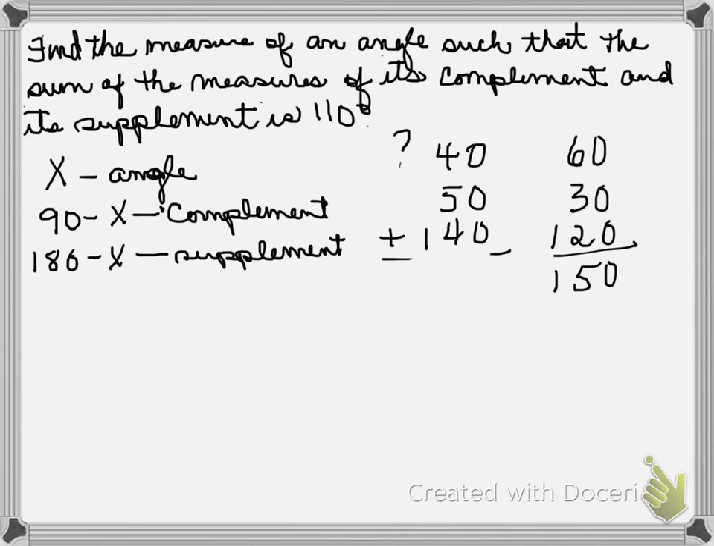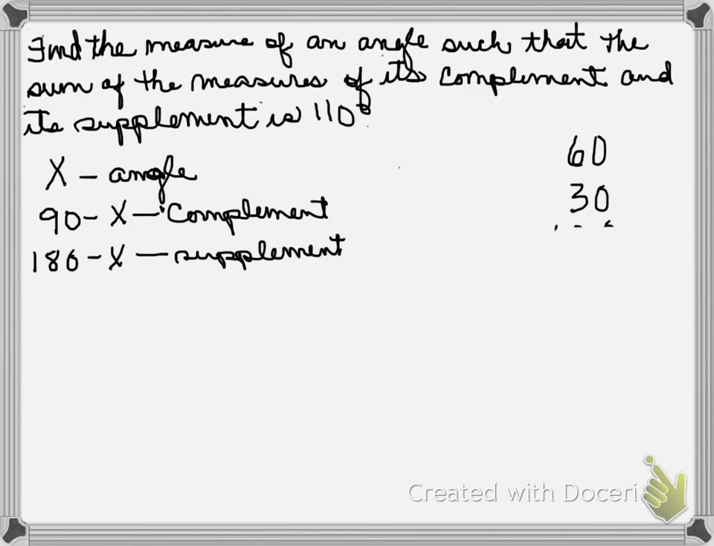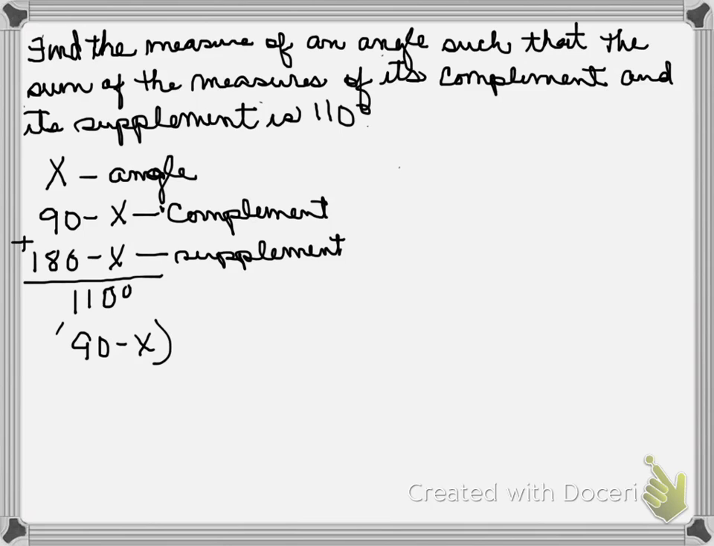Now, before we do, I'm going to erase our what-if thinking, where we were establishing we understood what we were looking for. And now let's move to solving. We know that these two, the complement and the supplement, have to add to be 110 degrees. So let's write that in a linear form. We have 90 minus x, that is the complement, plus 180 minus x, that's the supplement, and those have to